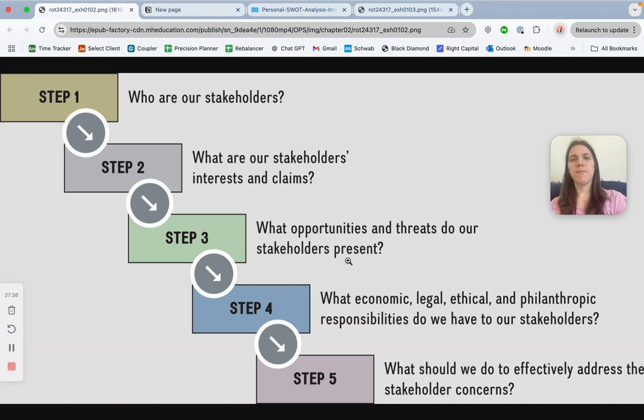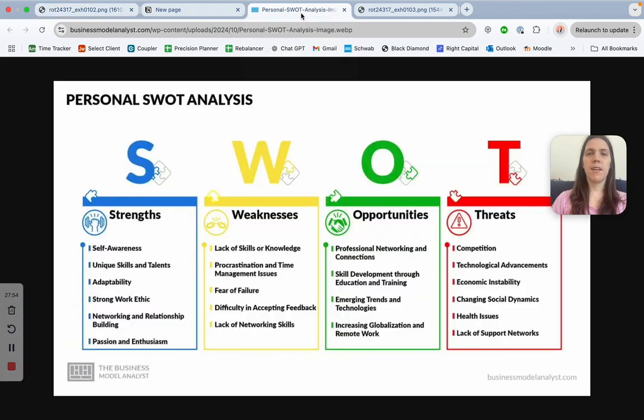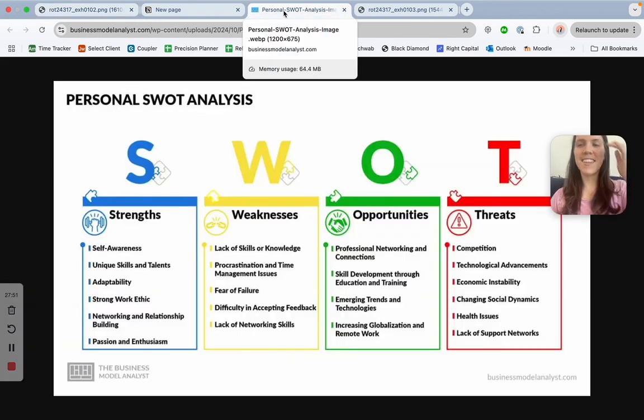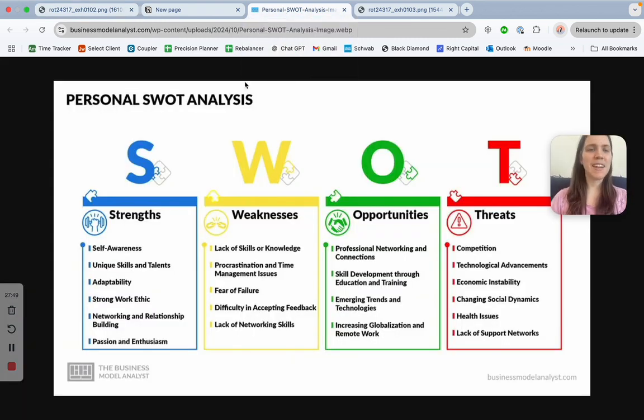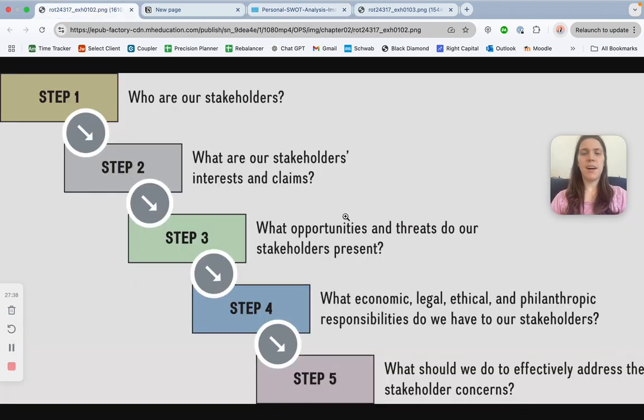And so, if you remember, this is talked about in every classic management class, your SWOT analysis: your strengths of the business, weaknesses, opportunities, and threats. This would be the O and T section. We're going to say, all right, what are some possible good outcomes, and then what might go wrong when working with our stakeholders. The fourth step is to determine what economic, legal, ethical, and philanthropic responsibilities do we have to